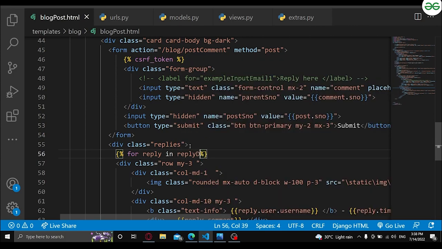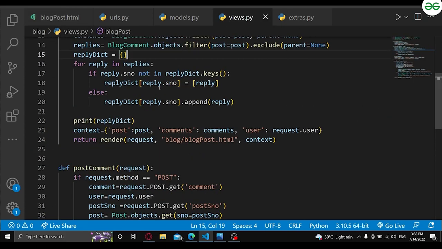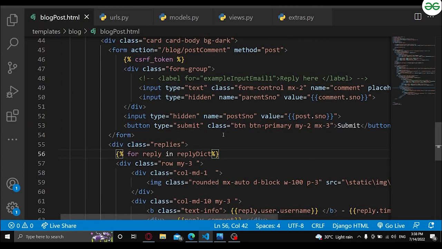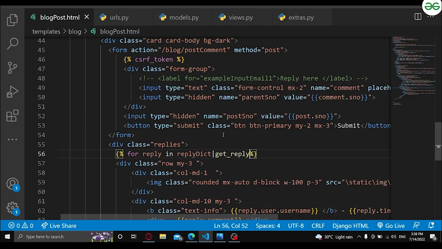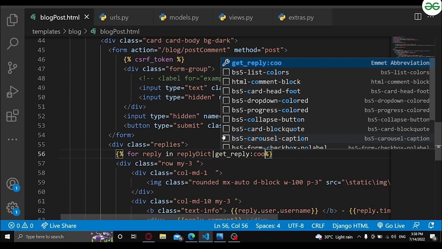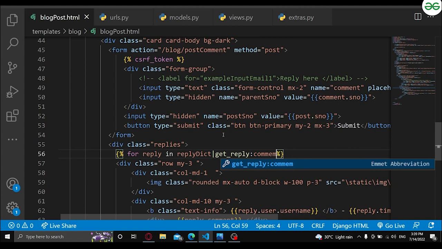we have to wrap it up in that for loop so that it works. So what I did here, I wrote for reply in reply dict that we have created. Here, for reply in reply dict, then here I'll write get reply equals to comment dot, if I know,